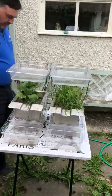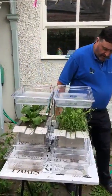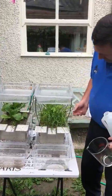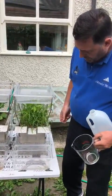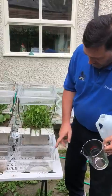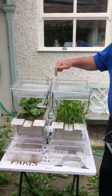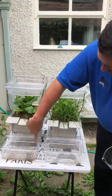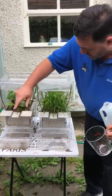off these two systems. And you can see that the one that's got the grass, bursting clover and rape is having a much clearer front than the one that's just got the rape alone. We've got a bit of soil wash out of there, which is soil particles, phosphates and such like straight into